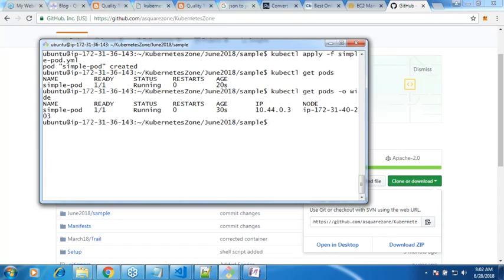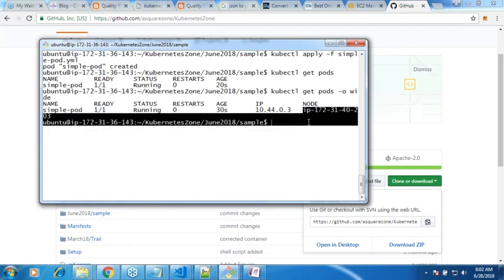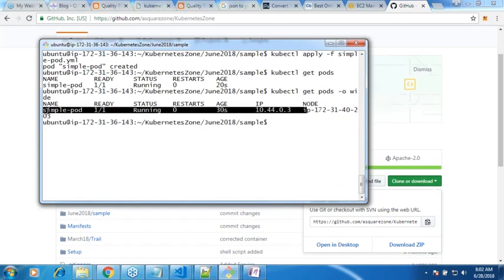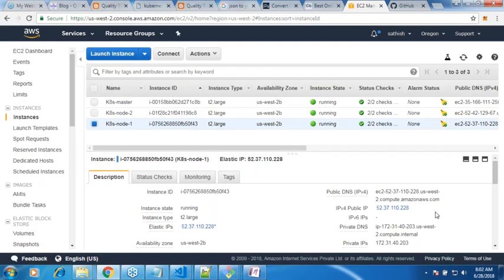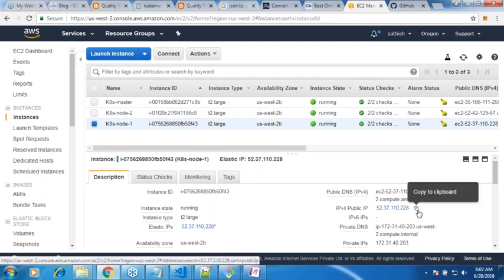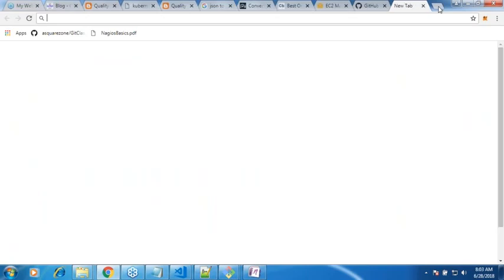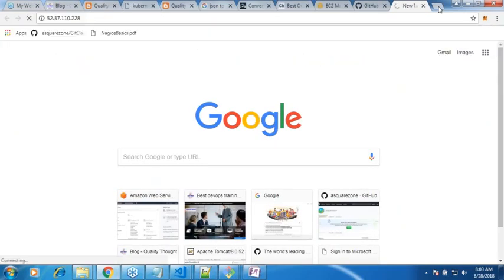I don't have a point. I can't go to 10.44.0.3. Now let me try this. On this machine, let me try to use the 80 port. So what is this second machine? Node 1. What is the public IP address of this machine? Let me copy this, http://